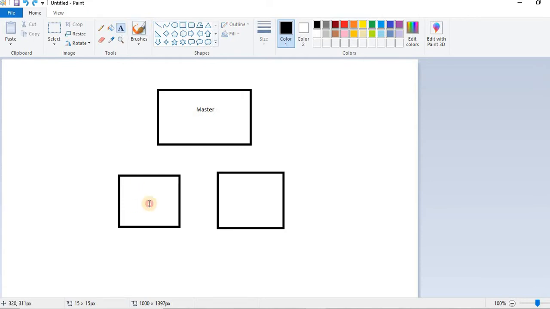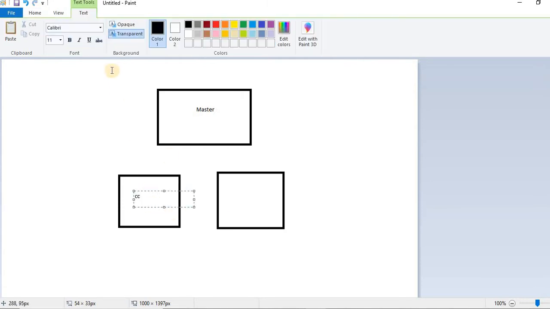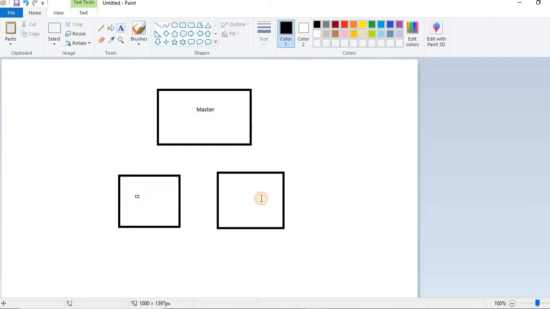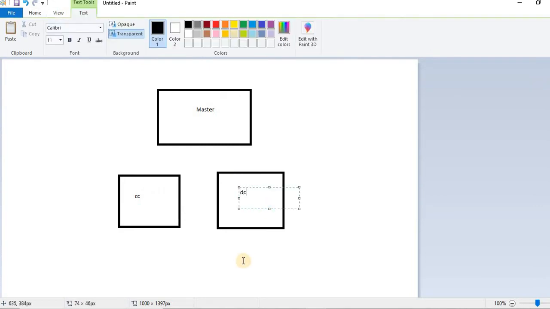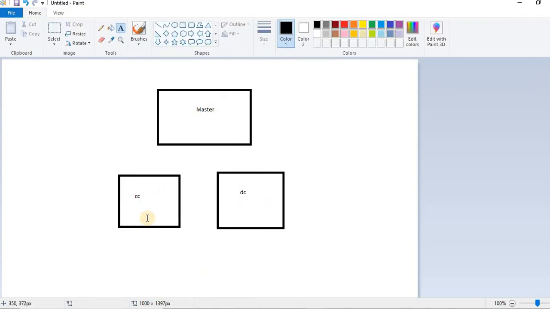This is the place where the credit card department is working, and this is where the debit card department is working. In credit card development we will have a lot of developers, and the same with debit card. Once the credit card team is done with their code, they will merge it with the master branch. Once debit card is done with their code, they will merge it with the master branch.